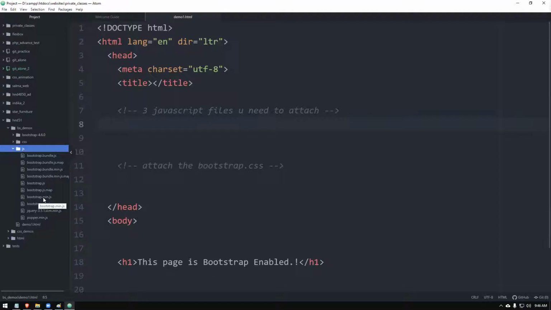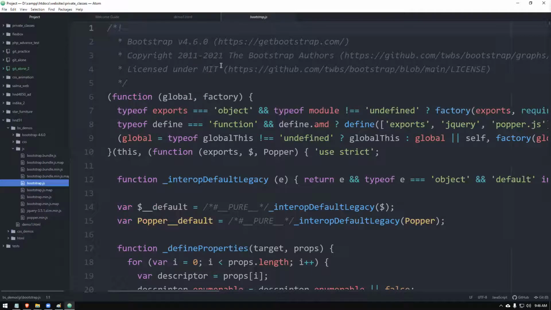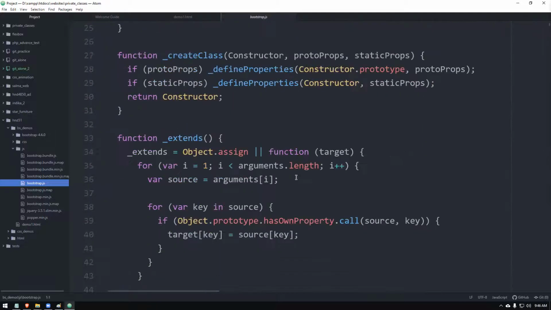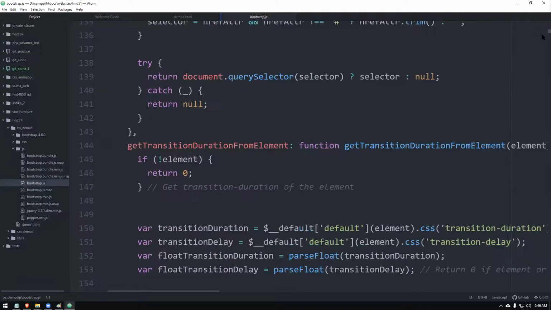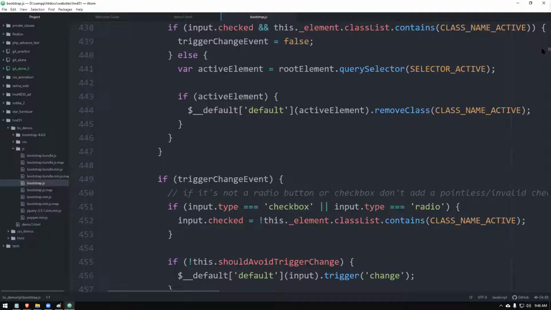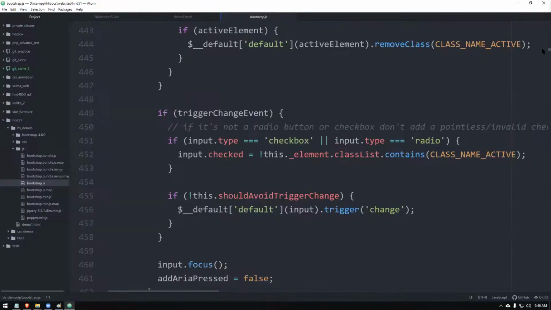Bootstrap.min.js. I'll just open and show you what the differences are between these. If you click on this bootstrap.js file, this is the developer version. You can go inside this one and learn from it if you want. The Bootstrap functions have been built, developed by the developers. If you want to understand that, you can go inside and do it. Sometimes if you are an expert in JavaScript, you can do some customization.